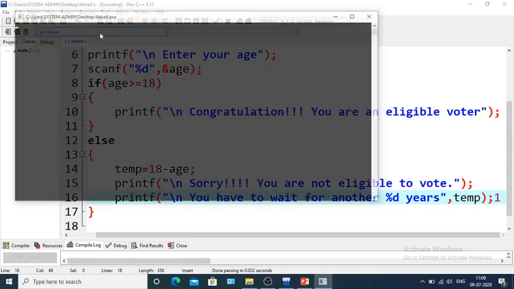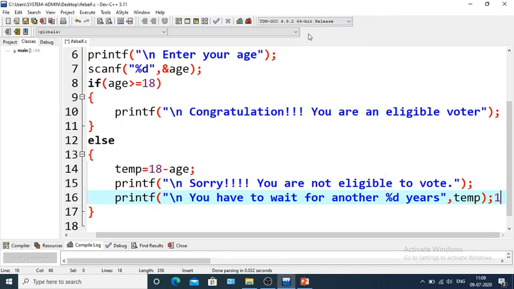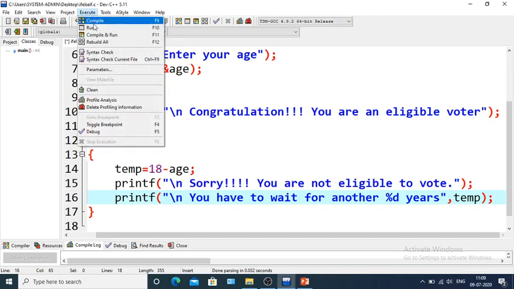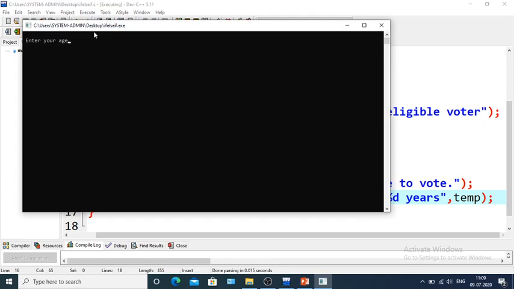If my age is 18, then I am also an eligible voter. Executed. If my age is, suppose, 14, so I am not an eligible voter. I have to wait for another 4 years. Okay.